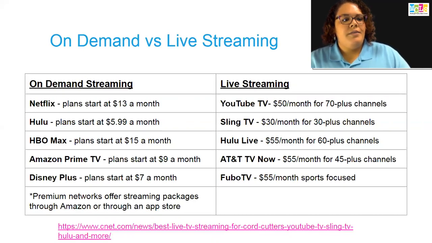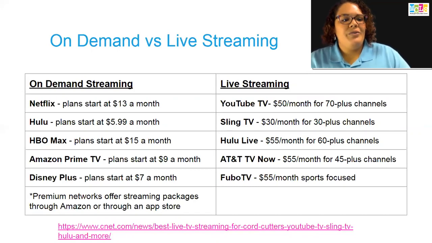So the on-demand, one of the most popular things that first came out was Netflix. It has a large collection, and it's constantly adding things. It starts at $13 a month. You can get a bit more options. You can get non-commercial options. Everything can become more expensive with more options.